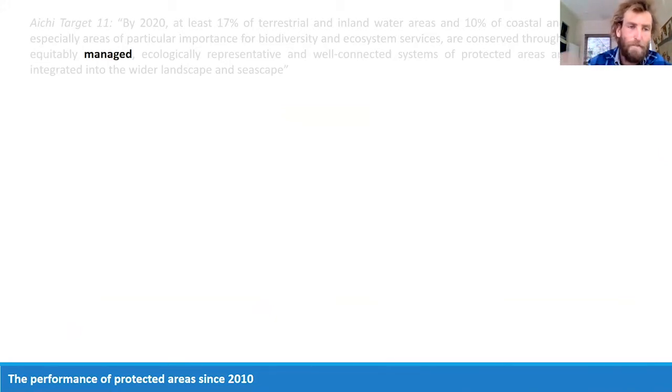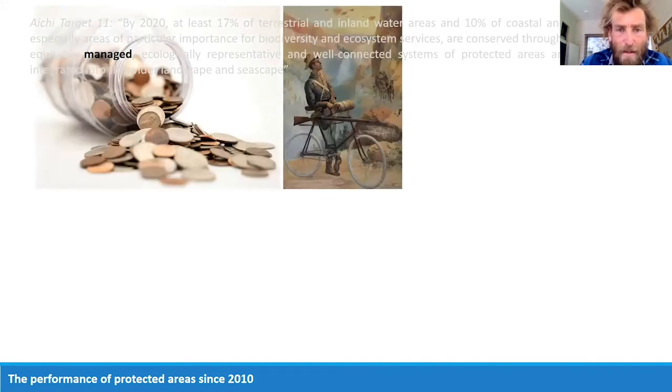Okay, getting on to whether or not protected areas are effectively managed. It all depends on how you measure effectiveness. We talk about in the paper, there's about 4 different ways to measure effectiveness. In this particular section, we'll talk about 3 of those. The first is if you're just looking at inputs. So the inputs of protected areas, whether they're good enough to effectively manage a site. And the answer is probably no.